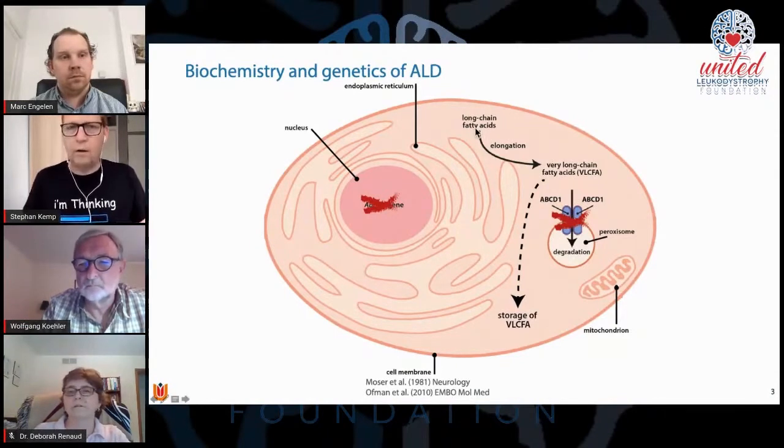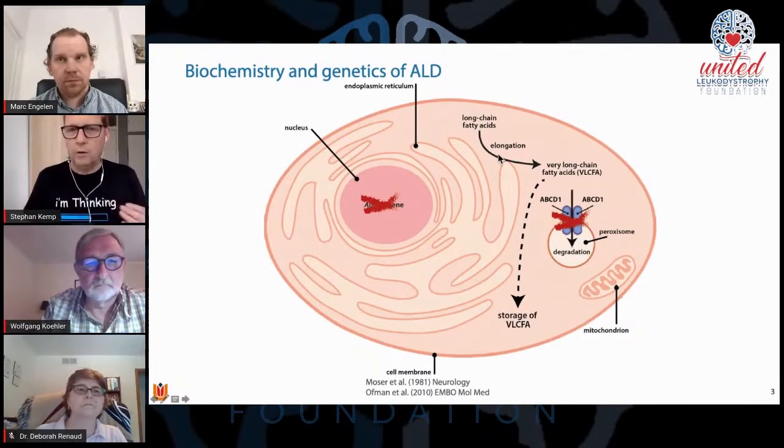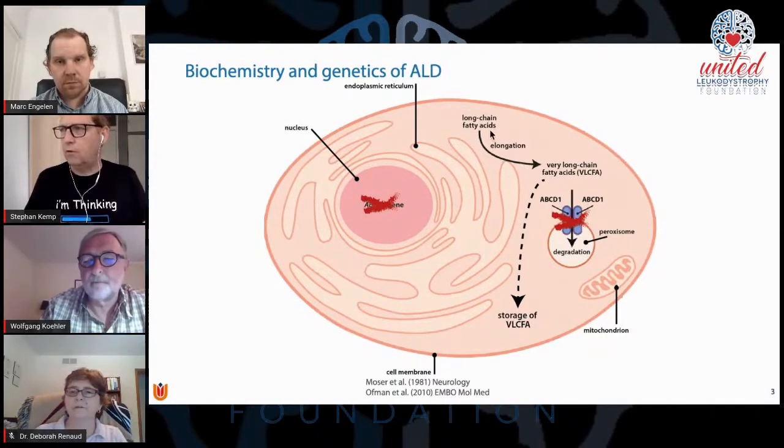So these fatty acids are made by the body itself through a process that's called elongation. And you need very long chain fatty acids, but you need a certain amount of them. So there's a balance between synthesis and degradation, and the ALD gene is involved in the degradation of